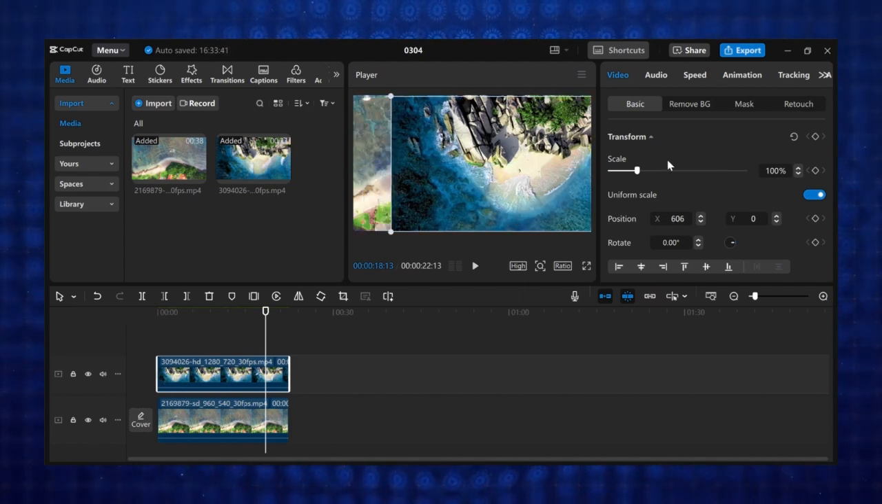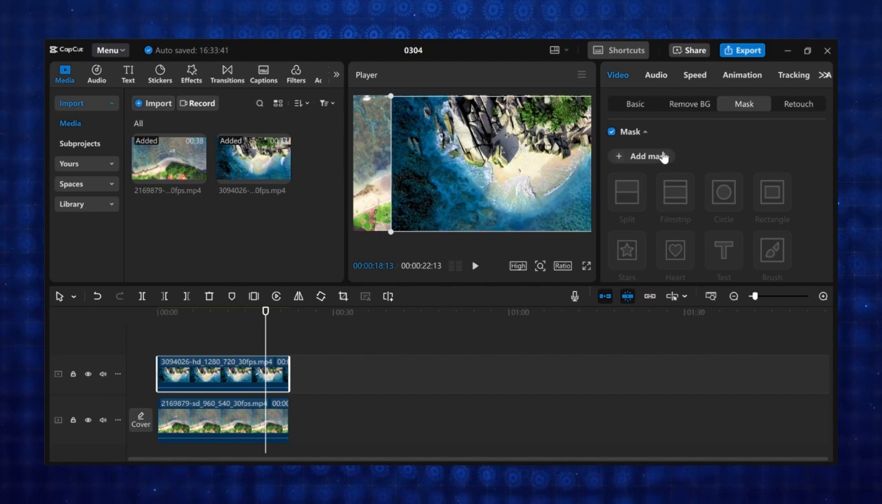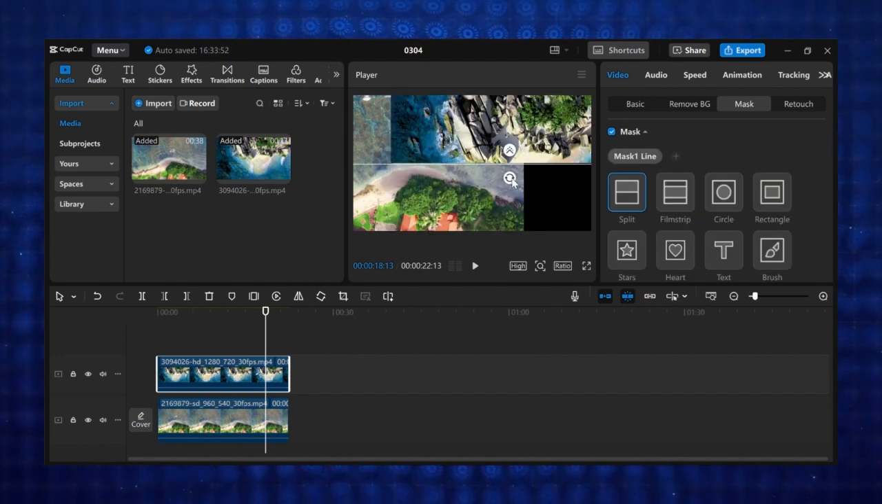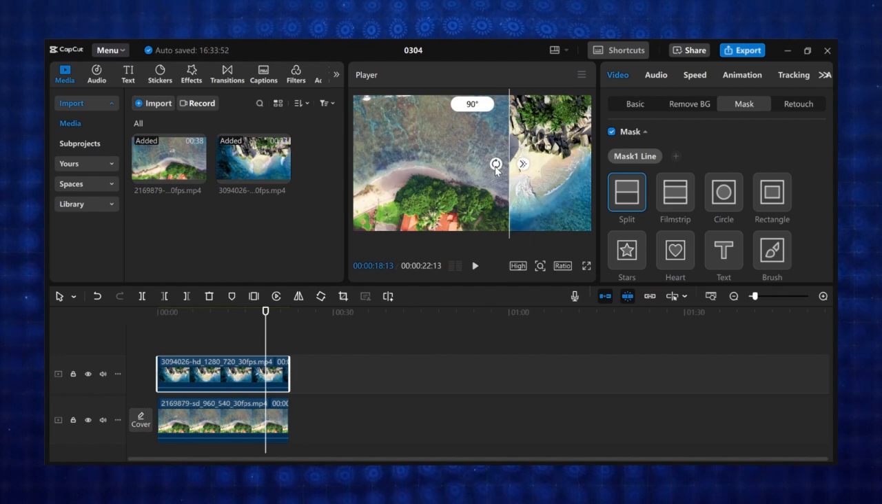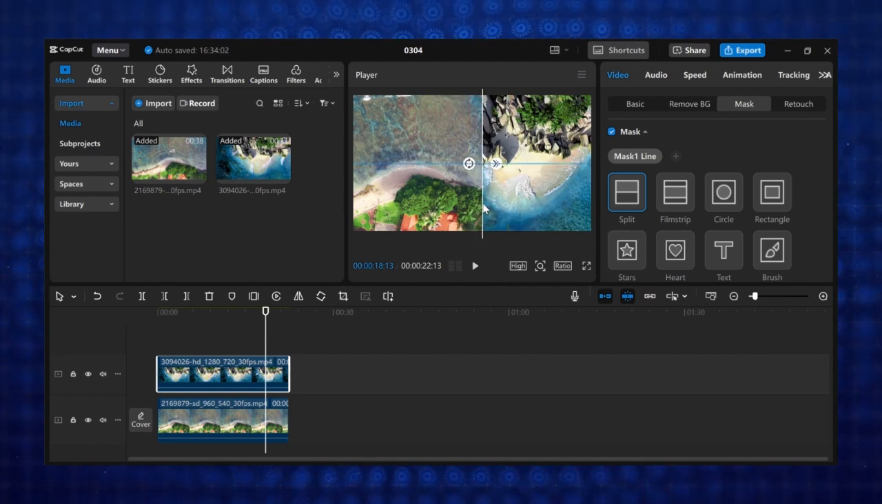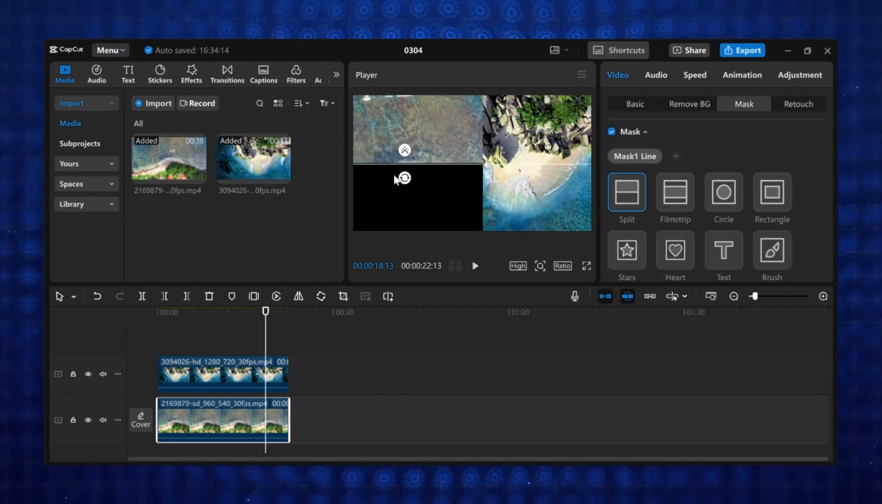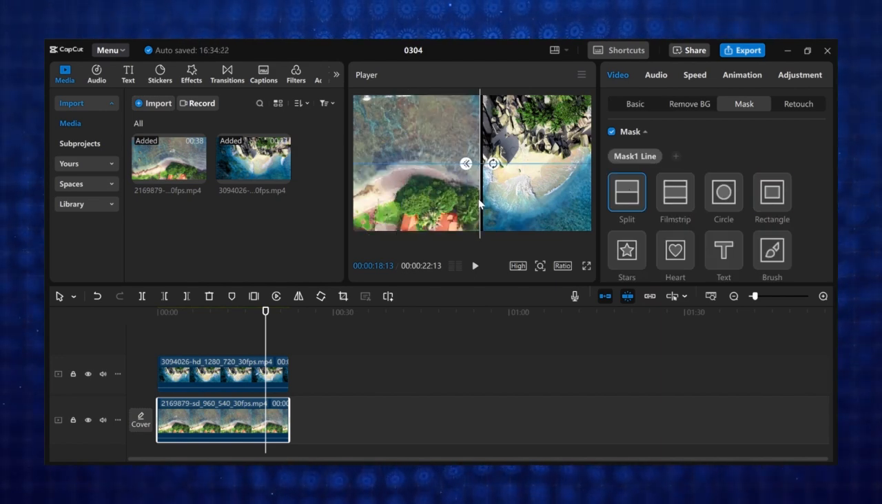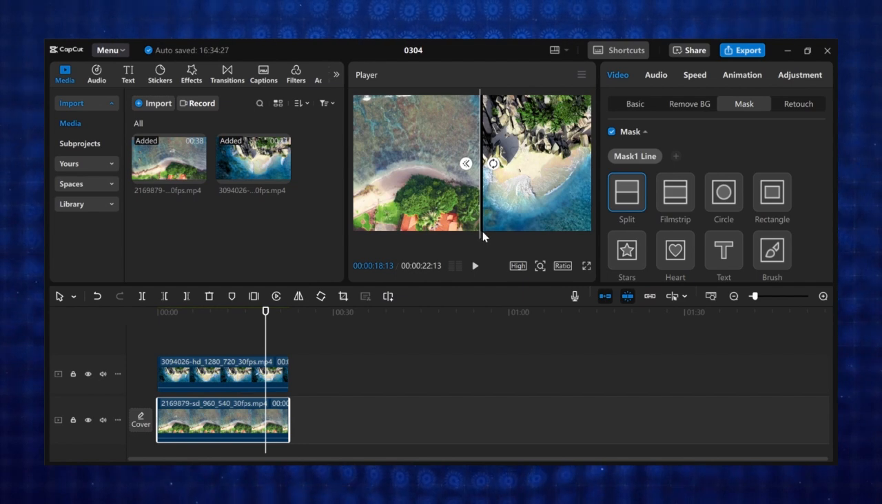Now under the Video tab, go to Mask, click on Add Mask, then select Split. Now rotate it 90 degrees and position the mask in the middle. Select your other video and do the same. So you can leave space in between your videos. And as you can see, our split screen has been created,